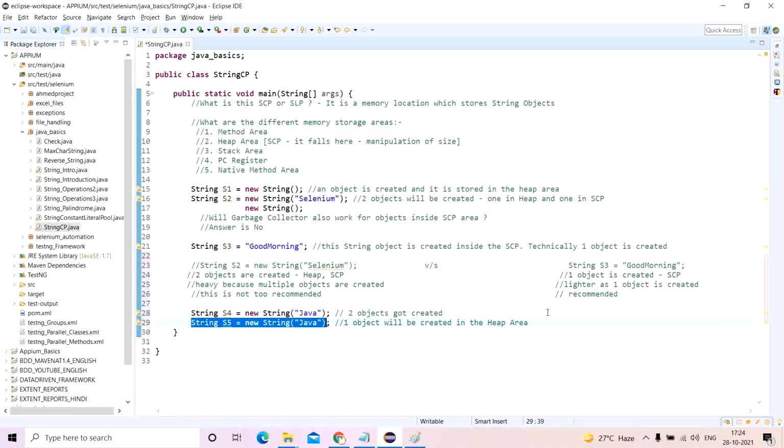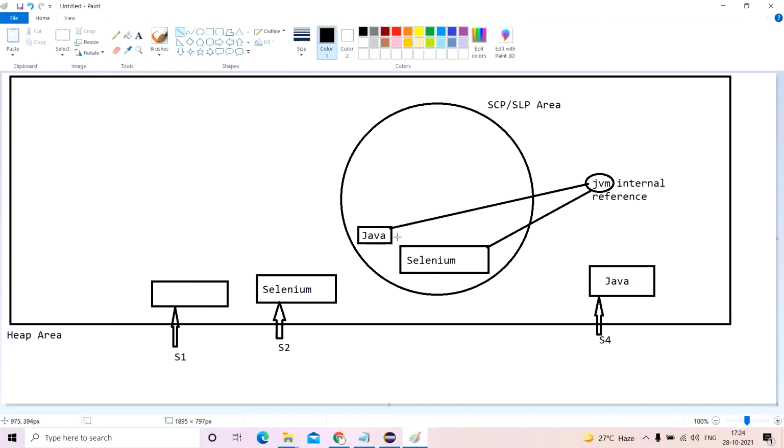Now if I do something else like string s6, and I write Java directly, what will happen? How many objects will be created now? Zero objects will be created. The only difference is, when you create such an object, it directly gets created in the string constant pool. JVM will come and say, okay, Java is already there. The only difference is, it was earlier being referred by the JVM internal reference, now it is referred by s6.